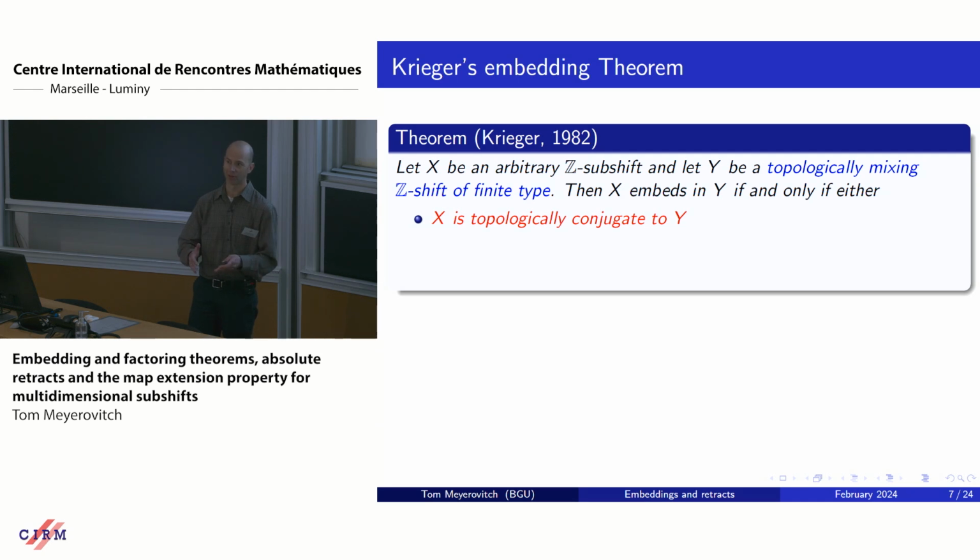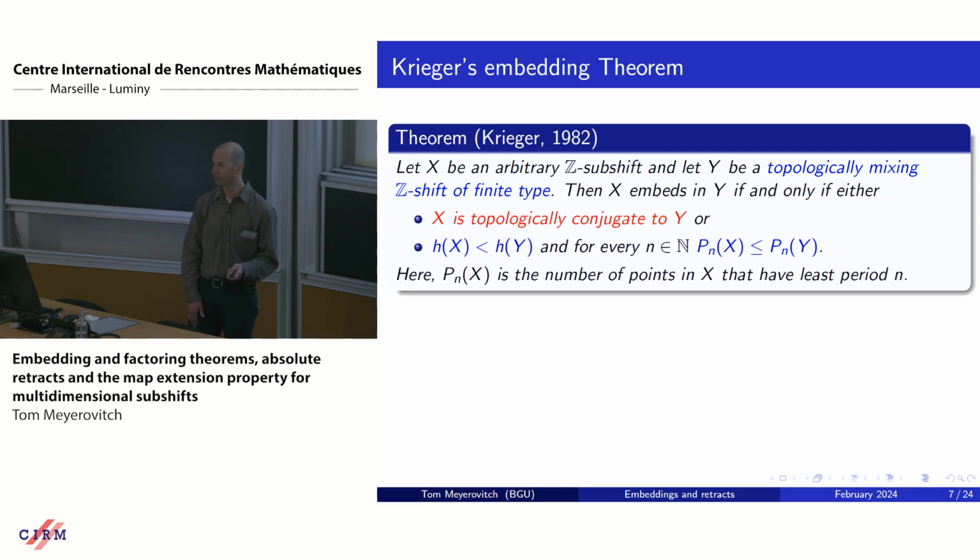I'm putting this in red because to actually know, say, if X is a subshift of finite type, if this is the case, that's beyond us. But that's one case. The other case is that X has strictly lower entropy than Y, and you look at the number of periodic points of period n in X, it does not exceed the number of periodic points of period n in Y. If you think about it, it's quite clear that any embedding of X into Y will embed periodic points of period n in X into periodic points of period n in Y, so this is clearly necessary. The entropy condition, with strict inequality, is clearly necessary, and there is a relatively simple, well-known argument